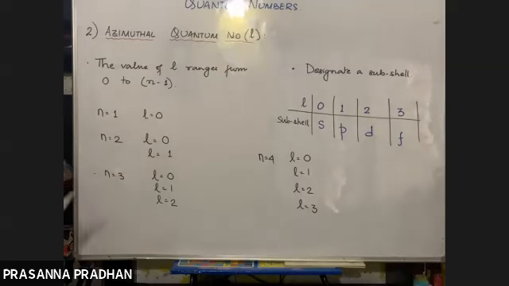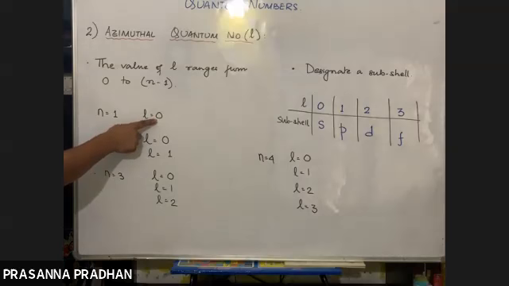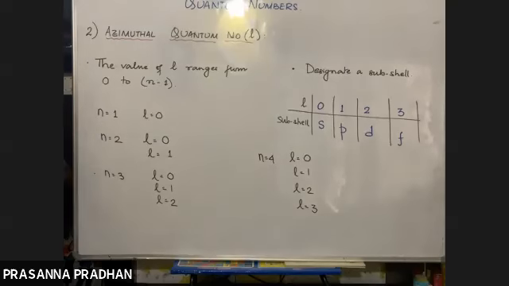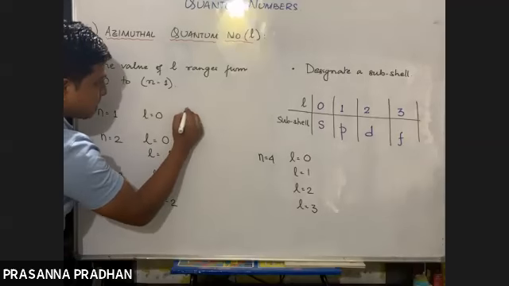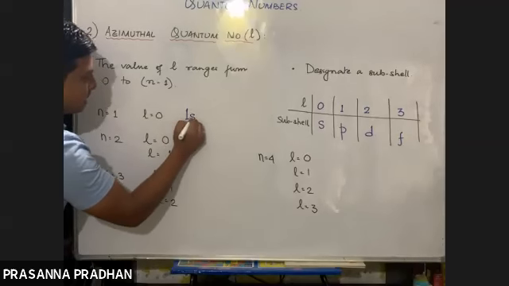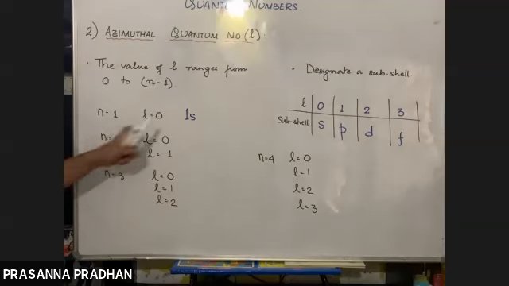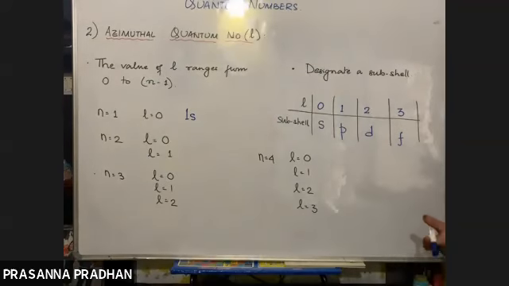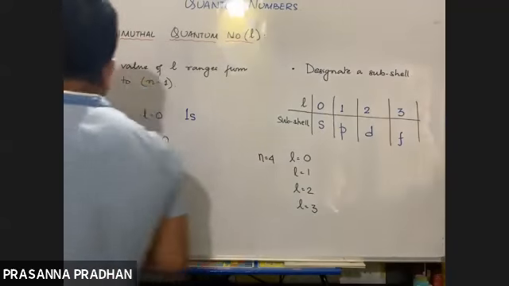Now, l equals 0 means we are talking about which subshell? What is the designation? l equals 0, which subshell? s. And that particular subshell is present in which shell? First. So how do we write this? We write 1s, because it is present in the first shell, and s because the value of l equals 0. So in the first shell, 1s subshell is present. Similarly, what are the subshells present in the second shell? What do we write out here?